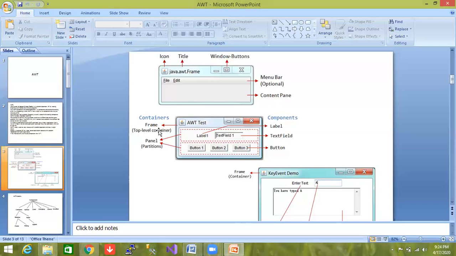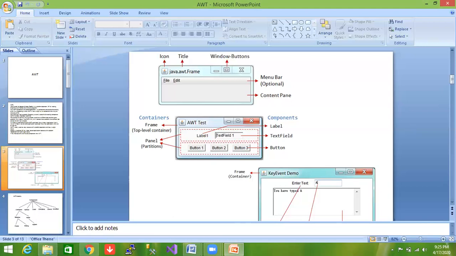This icon is also called a frame, a top level container. These two frames are called panels, which are sub frames of the main frame. These are various containers and partitions available in a GUI.